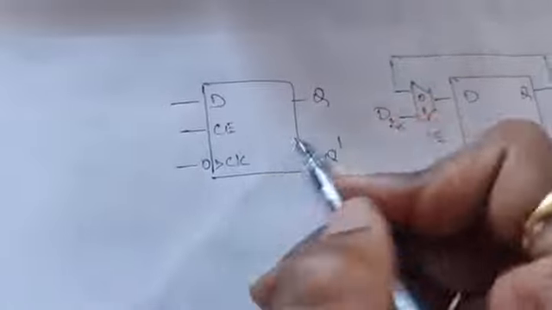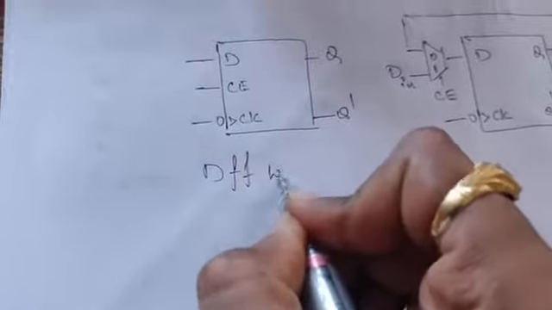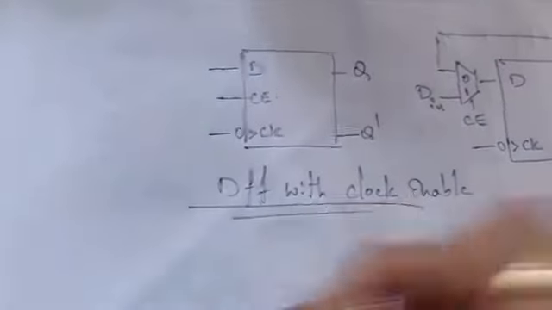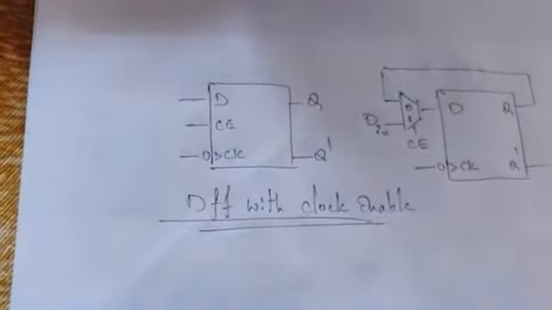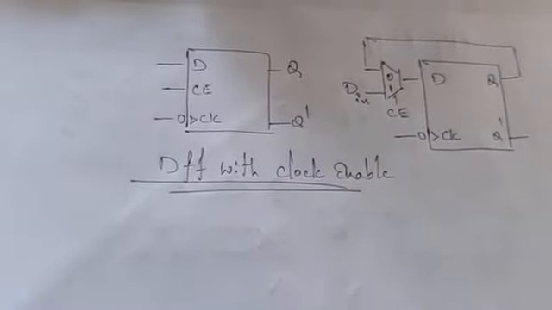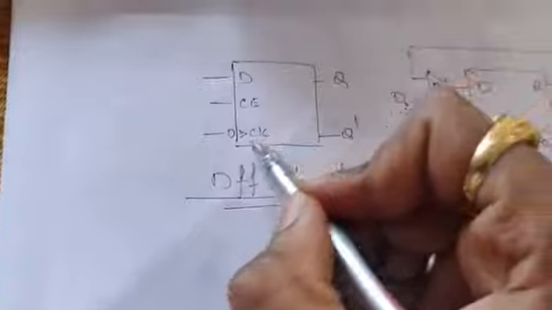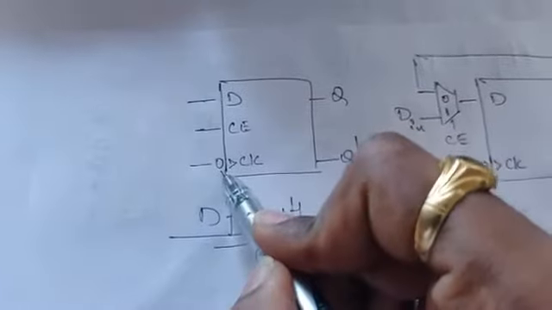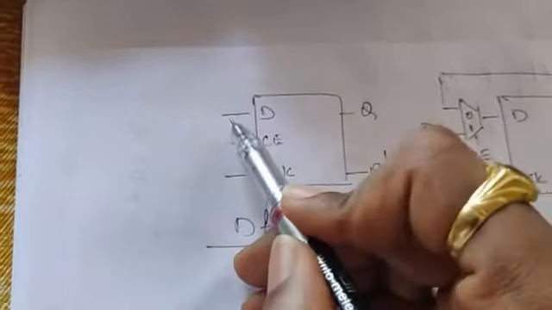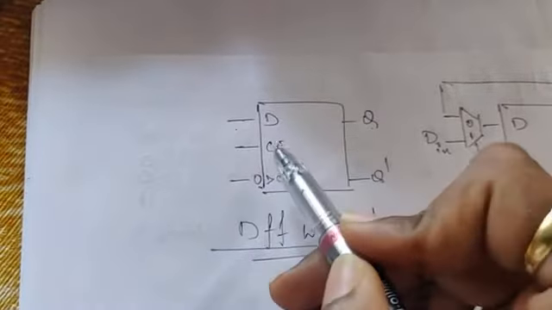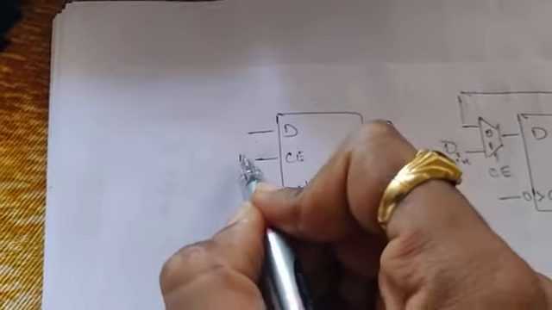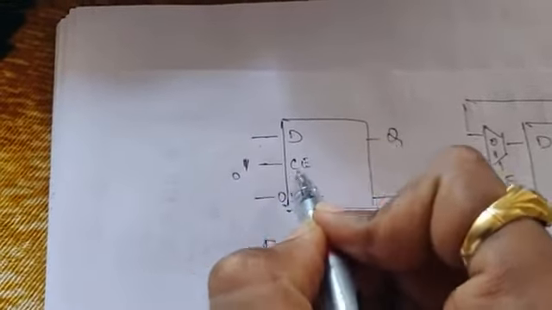Okay, here the thing is, this is a D flip-flop with clock enable. Clock enable means you know what happens when the clock is enabled and what happens when the clock is disabled. This is the clock, and we have a bubble, which means this particular flip-flop will change its state during the negative edge trigger. Whatever data is passed with respect to D should affect Q when the clock enable is enabled, meaning 1. Here we don't have a bubble, so right now 1 is enabled, 0 is disabled.